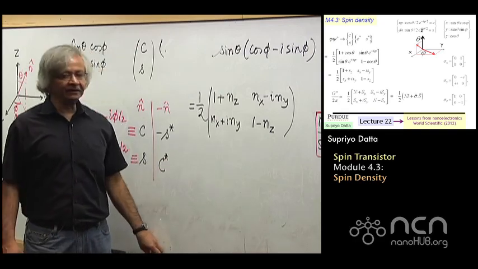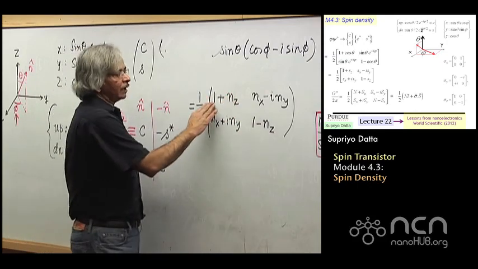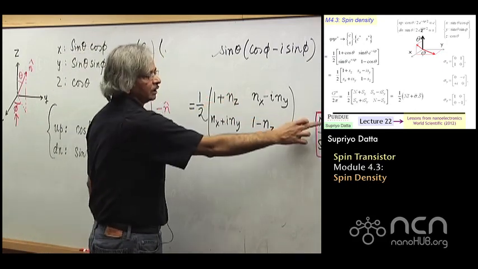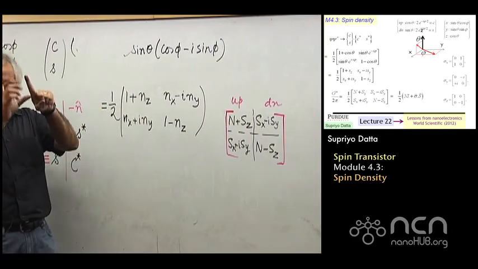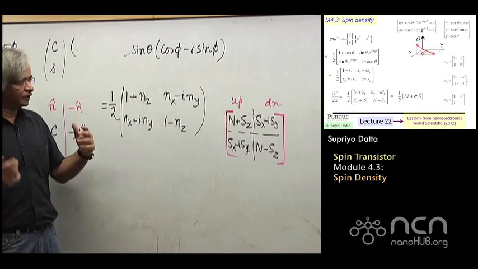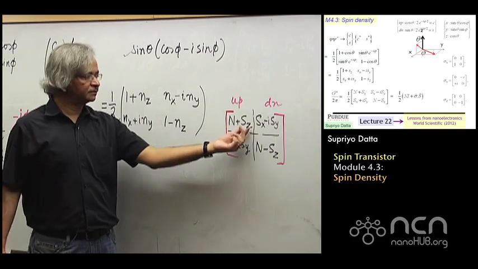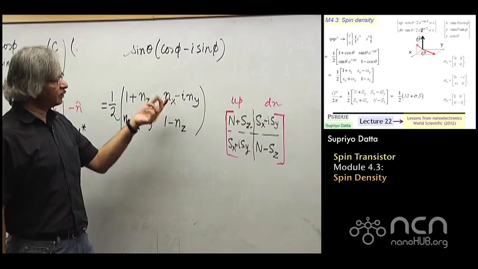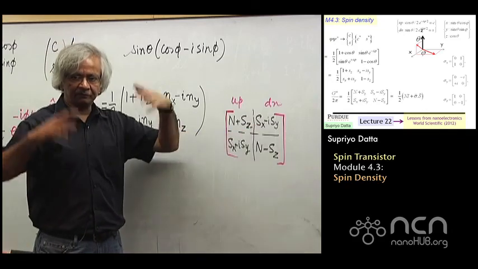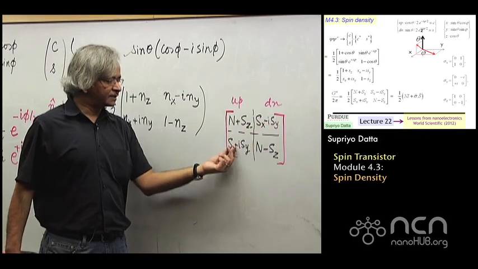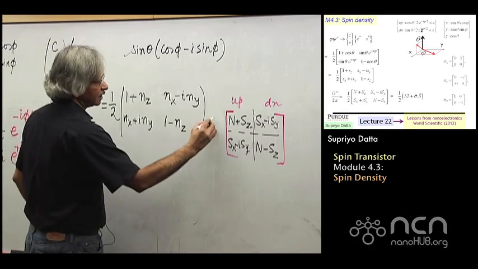So what if you had N electrons? Well, you just add all these up. So the 1 would become the capital N. That's the total number of electrons. And this nz, that represents, of course, the z component of the spin. So when you have N of them, it will all add up to give you the total z component of the spins of all these electrons. That's the Sz. Similarly, here when you add it all up, you'll get the total x component of all the electrons. Hundreds of them, whatever it is. Similarly, Sx plus i Sy, N minus Sz. Same thing. And of course, this half is out there in front,